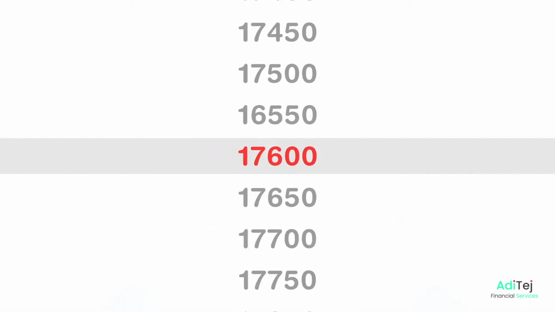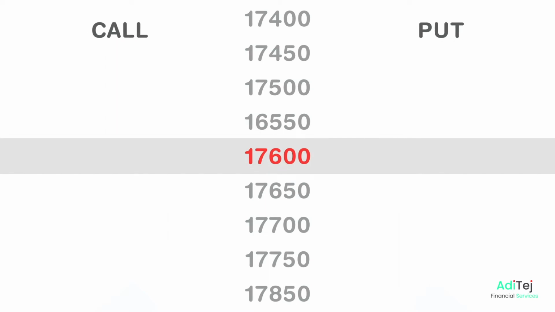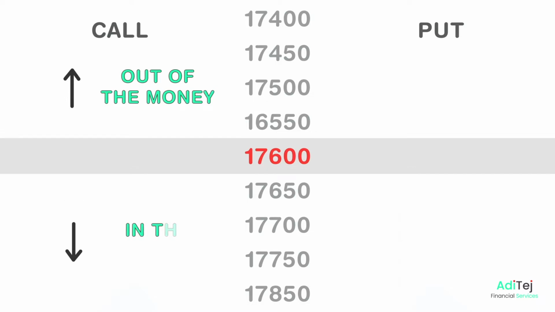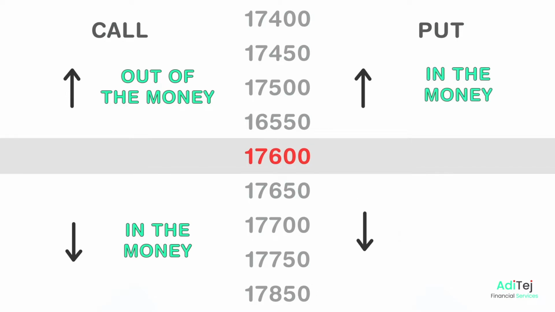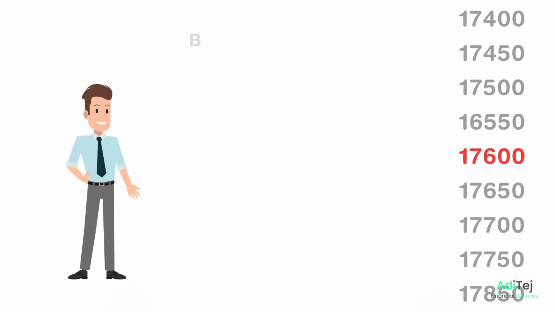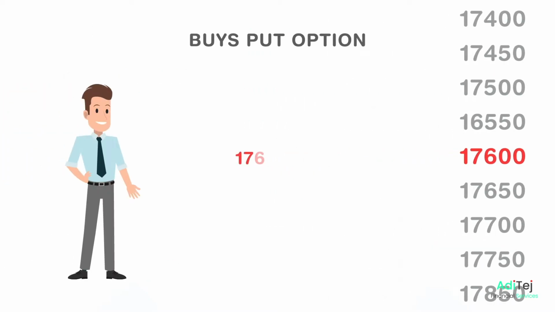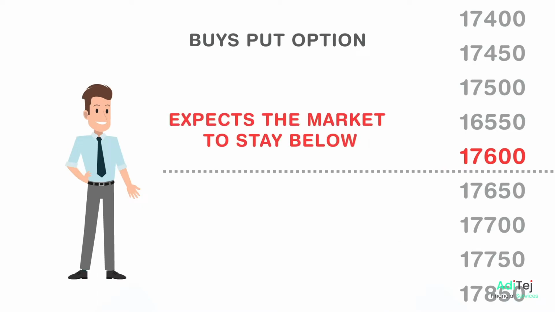For the call options chain, all the strike prices above 17,600 are out of the money, and all the strike prices below 17,600 are in the money. For the put options, this is exactly opposite. All the strike prices above 17,600 are in the money, and all the strike prices below 17,600 are out of the money. When a person buys a put option, say Nifty 17,600 PE, he expects the market to stay below